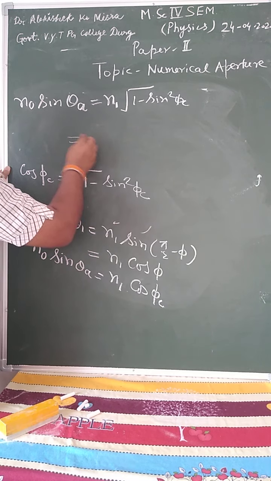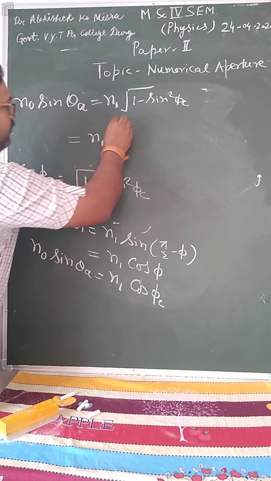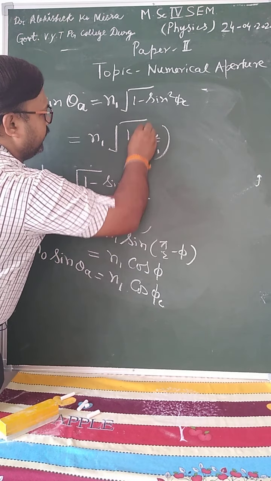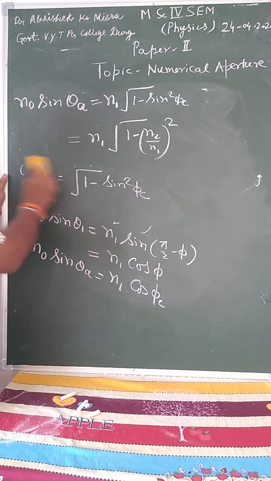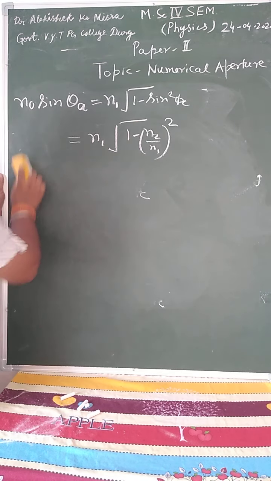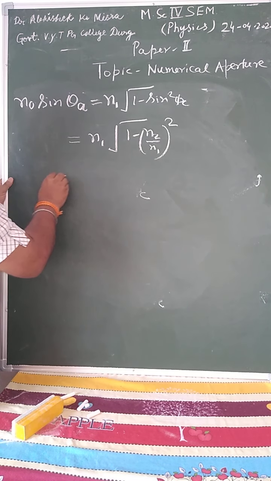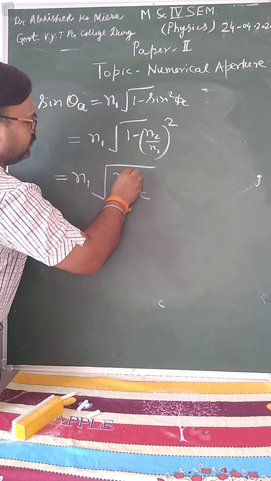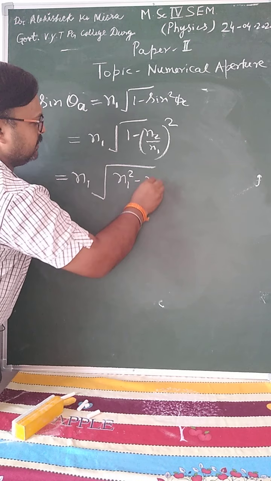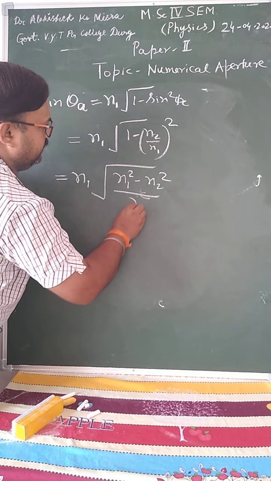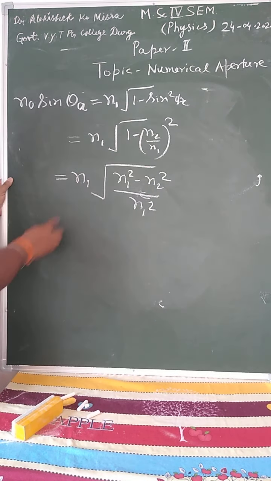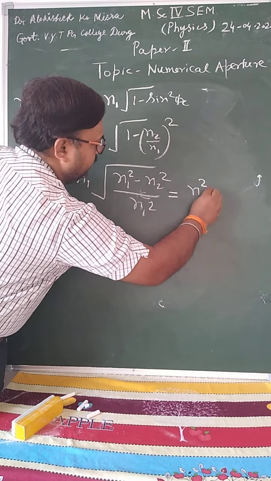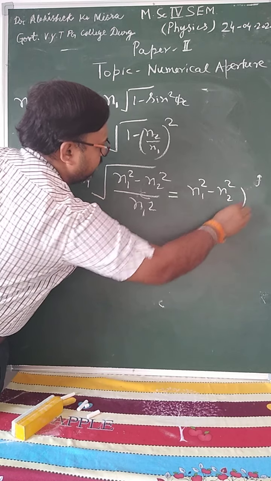Putting the value of sin square phi c, we get 1 minus (N2 upon N1) square. Solving this, we get the square root of (N1 square minus N2 square) upon N1 square. From this, N1 can be cancelled out, therefore we get (N1 square minus N2 square) power